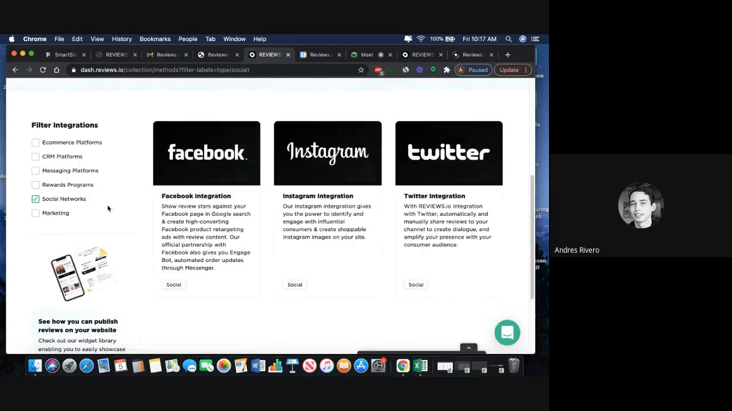And then we have social network integrations. So Facebook, Instagram, and Twitter. I'm going to cover these a little bit more in detail a little bit later in the call. But Facebook, essentially, we can get reviews published to a Facebook page. So any company or product reviews you collect with reviews.io, those are going to have their own unique profile page. I'll show that a little bit later in this call, but we can get those pushed to a Facebook page